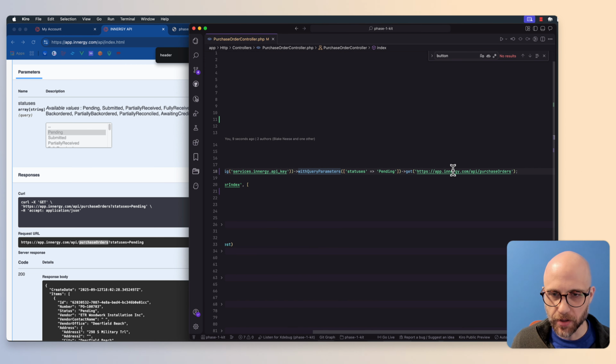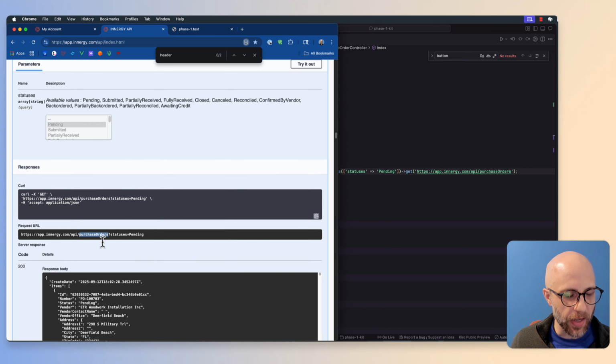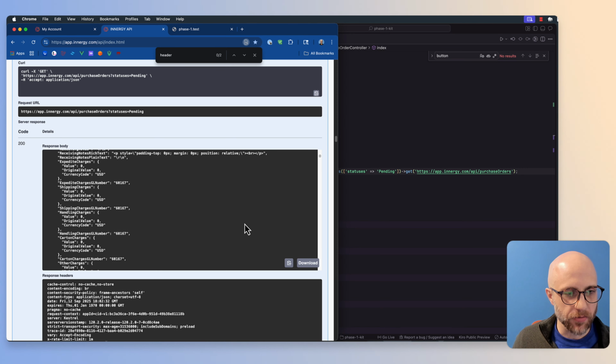We're going to go app.innergy.com/API/purchase orders. Yep, that all matches up with what's on here. And this is what the response is going to look like. We're going to get an array of items back, and these are going to be things that have the data that we're looking for. So here's some sample data that they've got. We're probably going to care about the PO number and the vendor, and maybe the date created. We can also scroll down if we want to get some more information. We can scroll down further on the page,